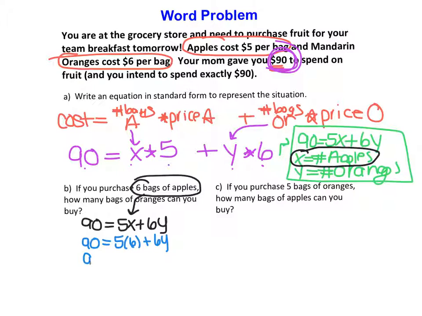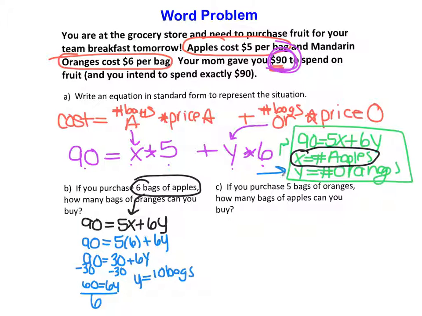Well, I know that 5 times 6 is equal to 30. So then I subtract 30, so I have 60 is equal to 6y. Divide both sides by 6. And I find that I have y is equal to 10 bags of, remember y is oranges. So essentially what I discovered is that if I buy 6 bags of apples, I can buy 10 bags of